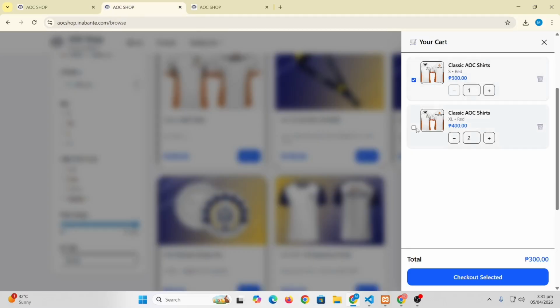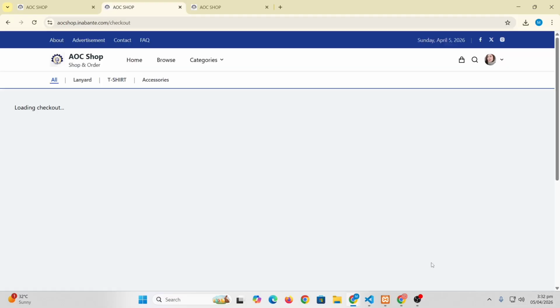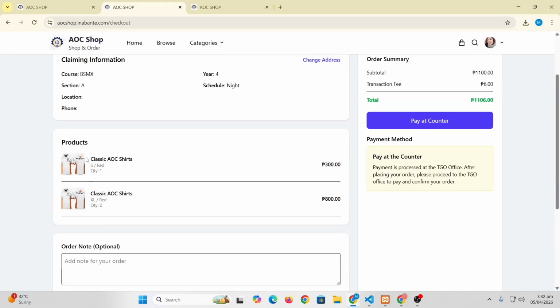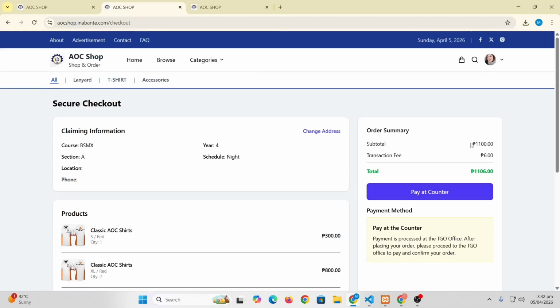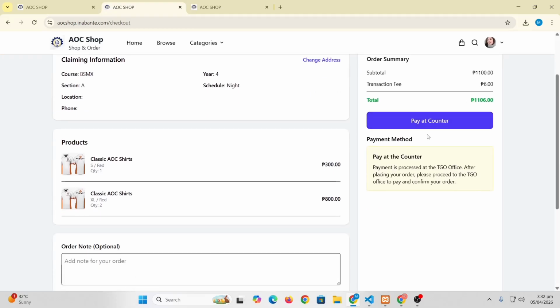Now let's select two of the XL. So 300 and 400, but there are two of them, so 800 plus 300, that's a total of 1100. When we check out, change address into BCMX. We have a classic AOC shirts of small red with quantity of 1, and classic AOC shirts XL red with quantity of 2. So 300 and 800, 1100, with a transaction fee of 6, so a total of 1106.